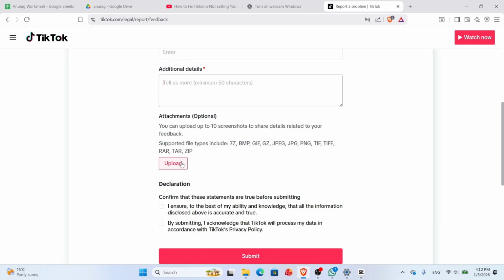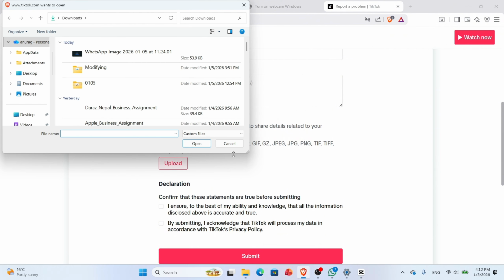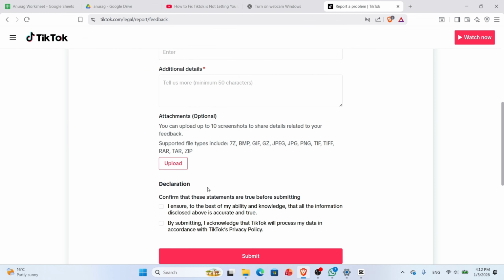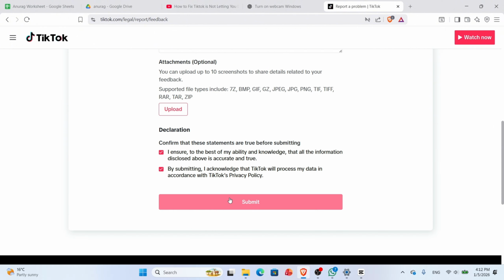And with that, you can also upload photos or videos, which you have taken as screenshots or screen recordings. And from there, you can simply check both boxes. And once you're done with that, you can simply click on submit. And here, once you submit this,